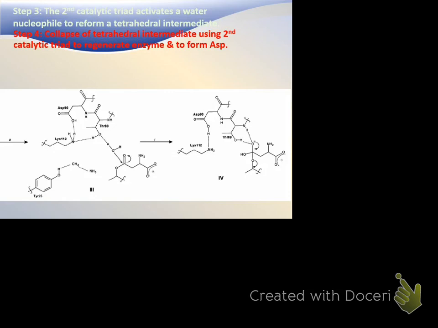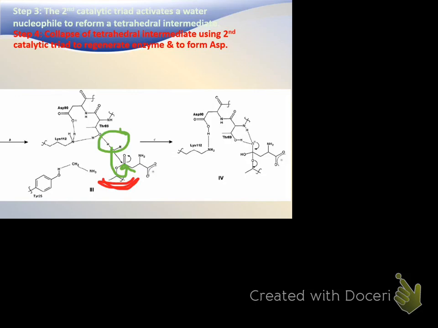That's when the second catalytic triad comes in and it activates a water molecule. We can see here, there's the threonine that was the original nucleophile that is still stuck to what will become an aspartate. But it's trigonal planar. It's not a tetrahedral intermediate. It's an activated water molecule here that's going to go and attack that carbon in order to make this tetrahedral